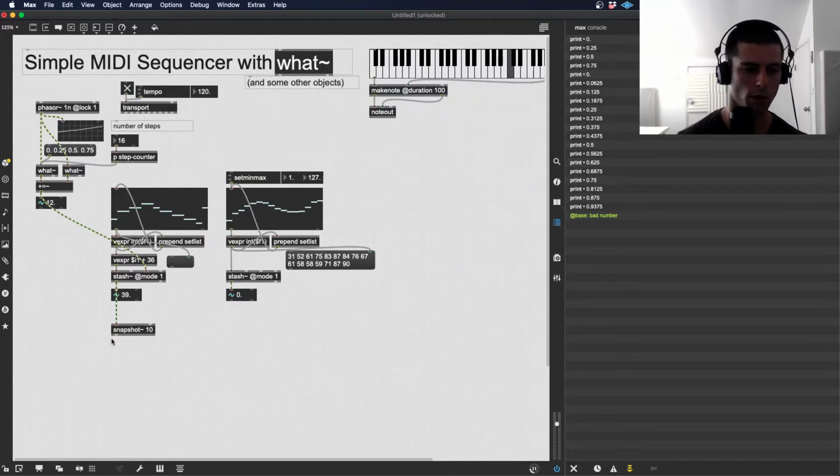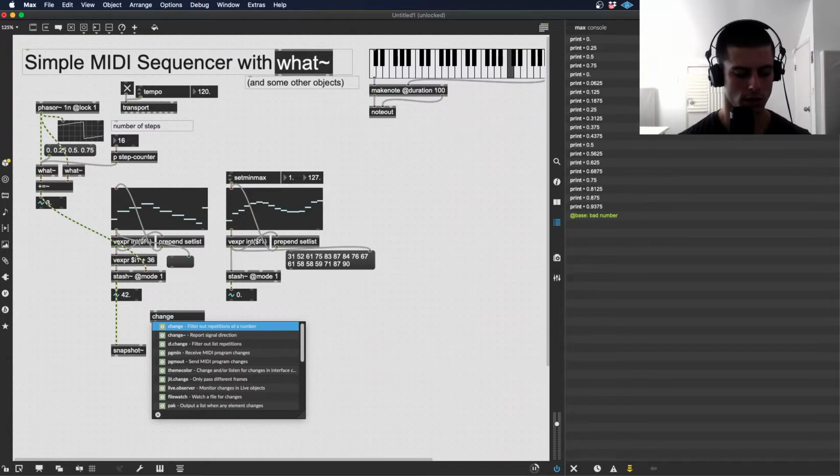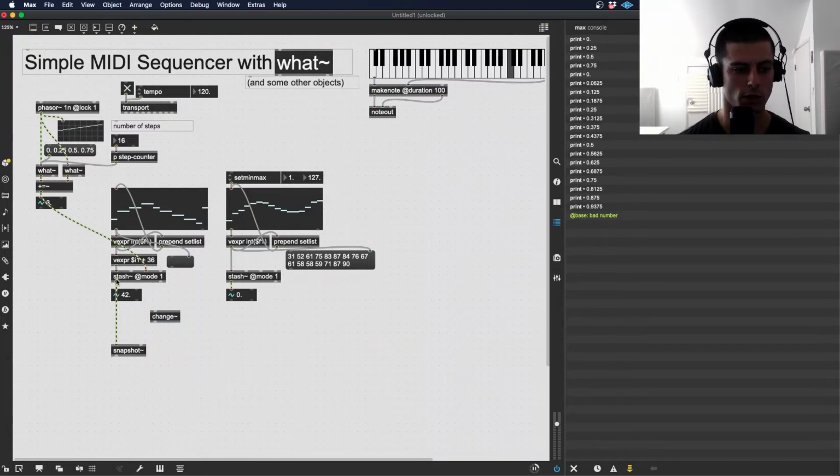And that's a fine way to work. Although in this case, we know more precisely when we're going to want it to sample, which is basically every time this value changes, right? We don't really want it to sample more often than that because it's just making our computer do unnecessary work. And we don't want it to do less than that, obviously, because it's going to miss things that we want to be sent on to our synth. So what I'm going to do instead is take away that argument, and I'm going to send the output of the stash object to a